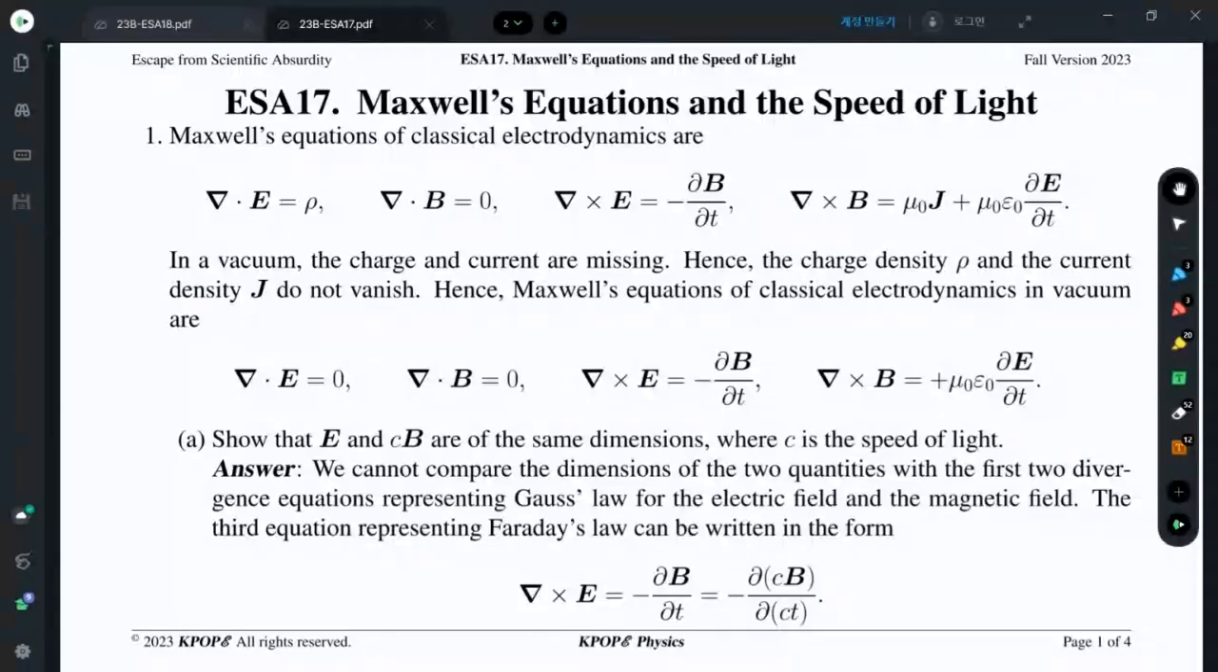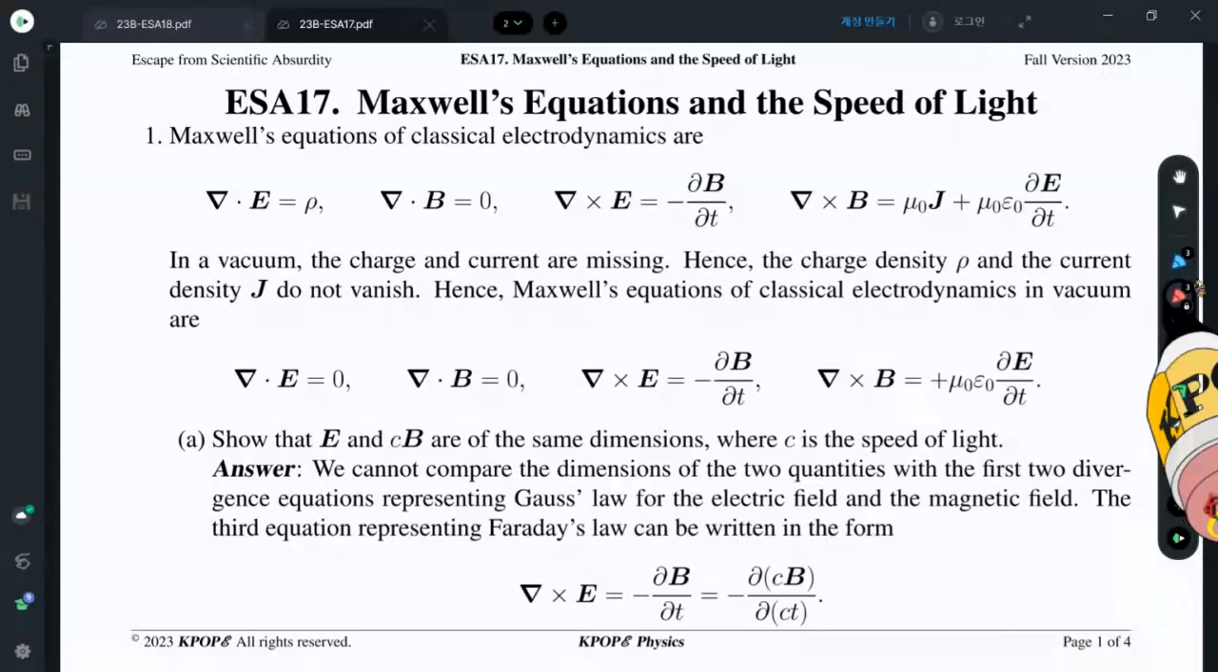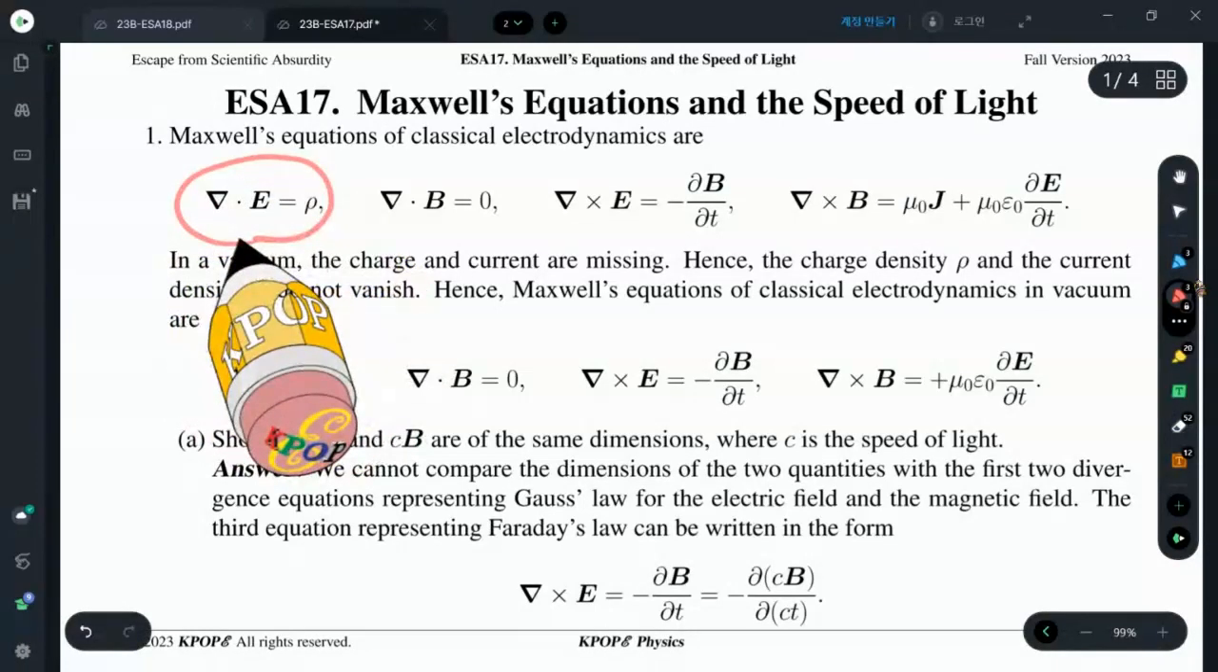17, Maxwell's equations and the speed of light. They have found four basic properties of electromagnetism. And first of all, this one is Gauss' law. And Gauss' law represents